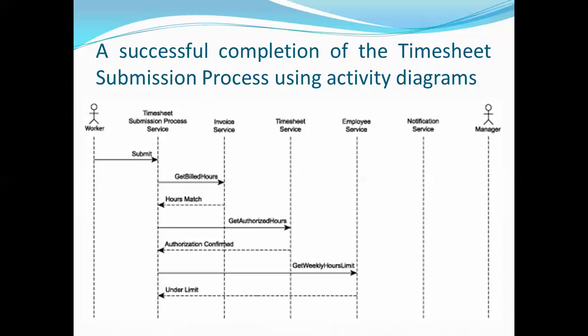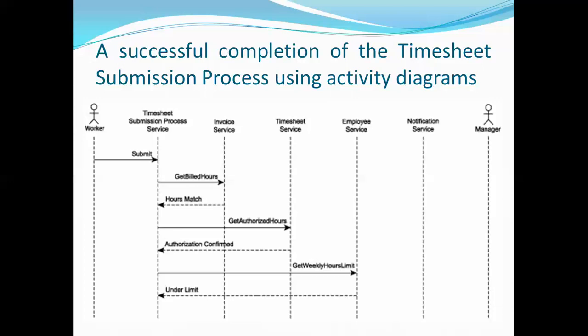The next thing is the timesheet service, getting the authorized hour information from the timesheet. The timesheet table is used, and with the help of a query you are retrieving the authorization, meaning the overtime hours information is taken from the database. For that overtime, is the customer aware about the overtime, yes or no, and has the customer given the confirmation for that overtime, yes or no. That information is fetched with the help of the timesheet service, and then the authorization is confirmed.